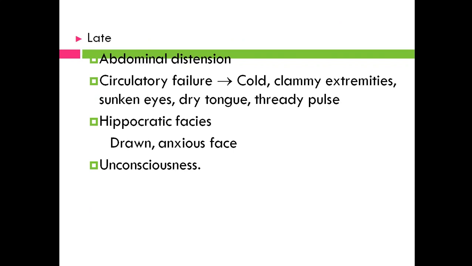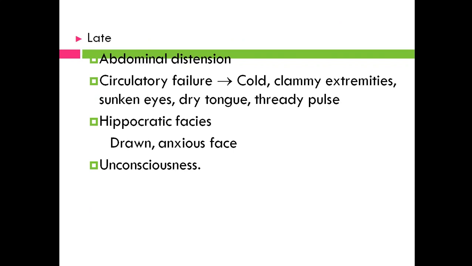This happens in the late stages because of the sepsis. The neural impulses will be less onto the bowel. This will lead to slowing of peristalsis, paralytic ileus, resulting in abdominal distension,